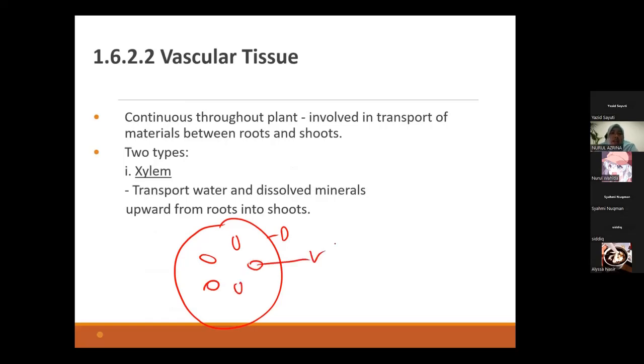All right, okay. So vascular tissue is continuous throughout the plant, and it is involved in the transportation of materials between roots and also shoot. And there are 2 types, xylem and also phloem. So, for example, this is xylem. Okay, what is the function of xylem? So xylem transports water and minerals upward from the root into the shoot. All right, okay. And as for phloem,